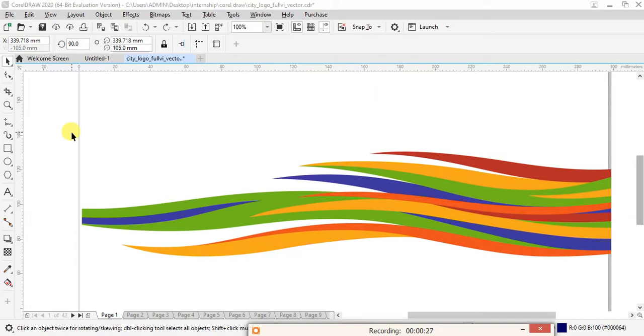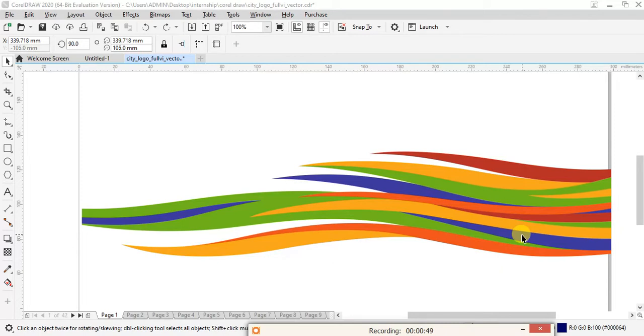So what is an object in CorelDRAW? We know that CorelDRAW is a software program that is used for editing vector graphics. Vector graphics are created in graphics packages and consist of objects. An object is an individual entity. There can be as many objects as you want in your CorelDRAW file.